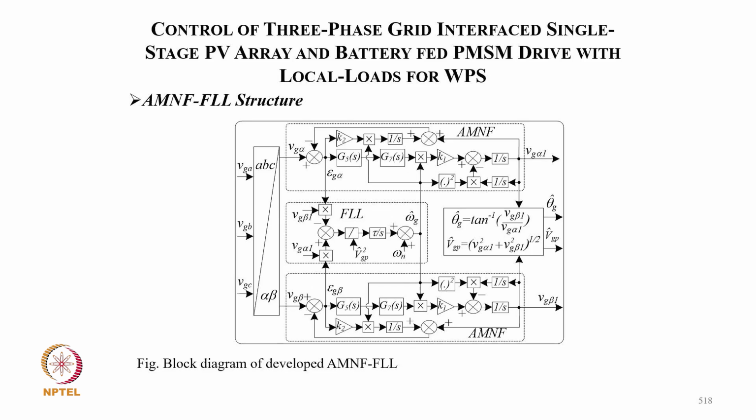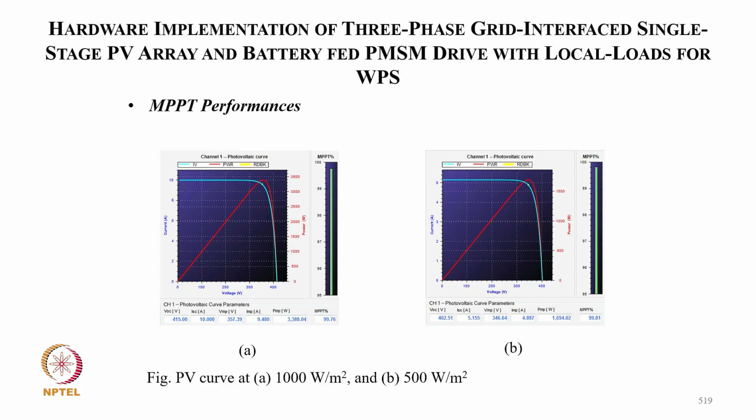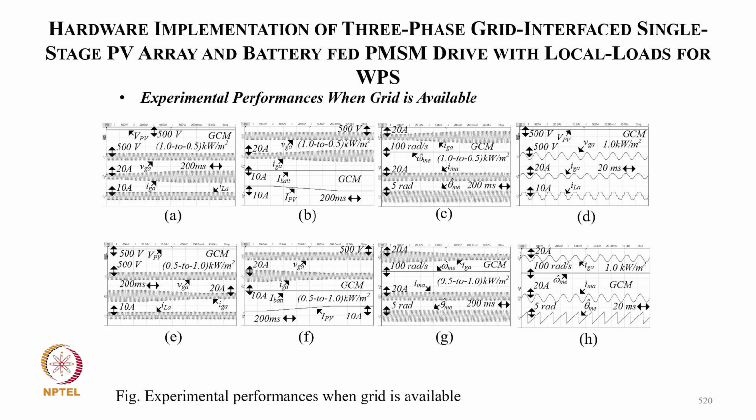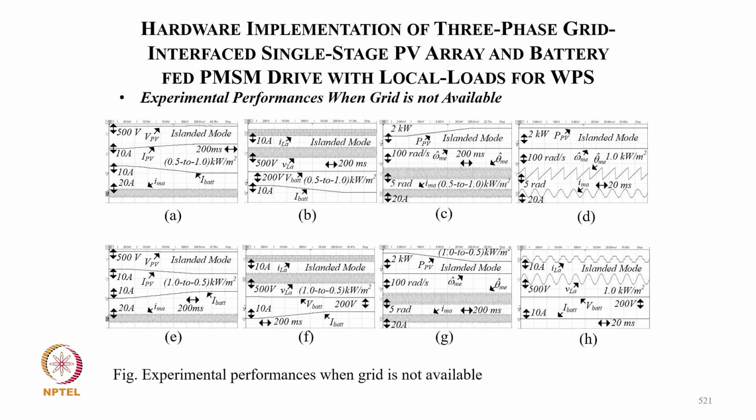Then typically the control of the grid side converter, and this is the performance at 1000 watt per meter square and 500 watt per meter square solar PV curve, and the control performance corresponding to the grid voltage and grid current, load current and PV voltage, and then accordingly the load voltage, load current, grid current. Grid voltage and grid current are sinusoidal, load current is non-sinusoidal, and then the PV voltage and the motor current